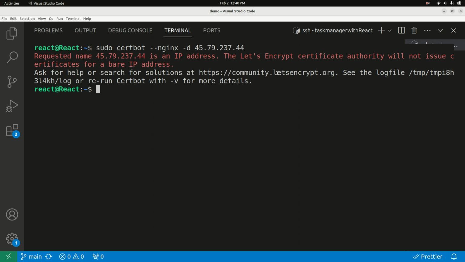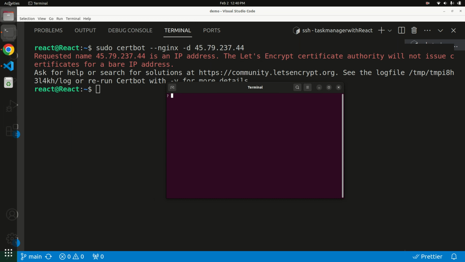Okay, I see a problem here. The problem is actually I can't obtain an SSL certificate only for the IP. I didn't know this, so we need to wait until we can actually get a domain name for the IP address. Let me open my terminal from the local laptop,